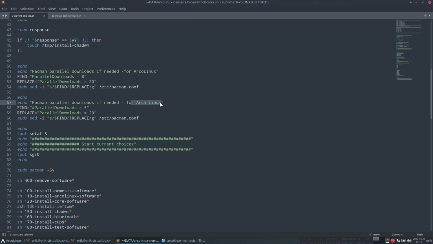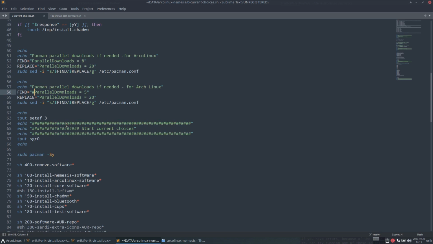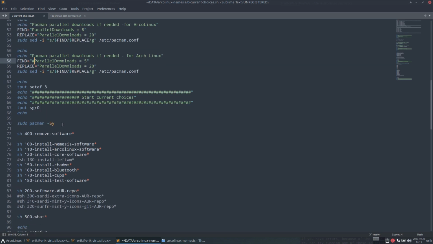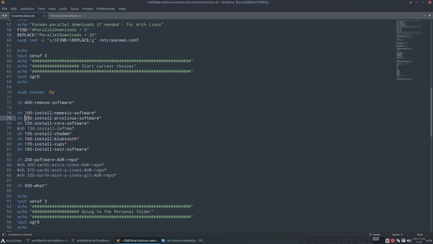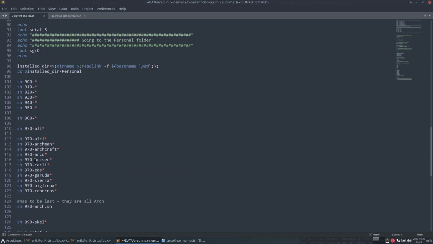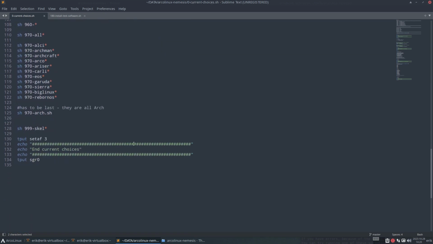Arch says 5 by default, it's not using it, right? It says a hashtag, so they don't use it, but I want to use it. So this is how to make things more personal. First we get everything in the databases, and then I get rid of stuff, and then later on it's 100 and then 110. So basically this is just the backbone, the lists, the files it's going to go and run,